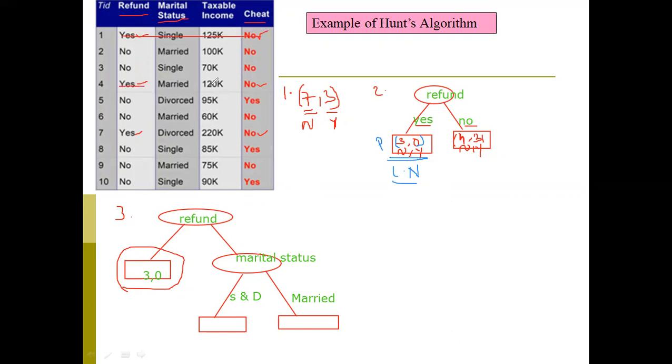Because we already got a pure node. Whenever we have a data object that is yes under refund, for those S's here, under the S you got already